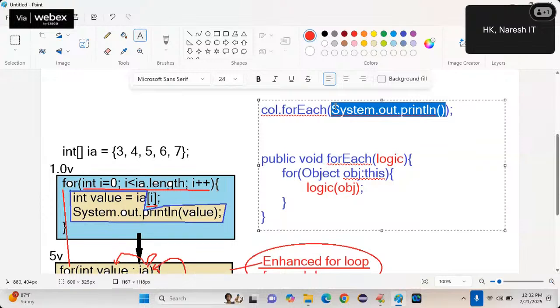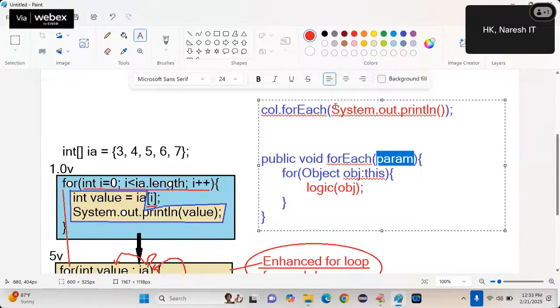Yes or no? I should pass a lambda expression. But to pass a lambda expression, there should be a target type parameter. What type of parameter do I have to take? A parameter that can accept the lambda expression. Everyone tell me, what is the parameter that can accept the logic? Functional interface.